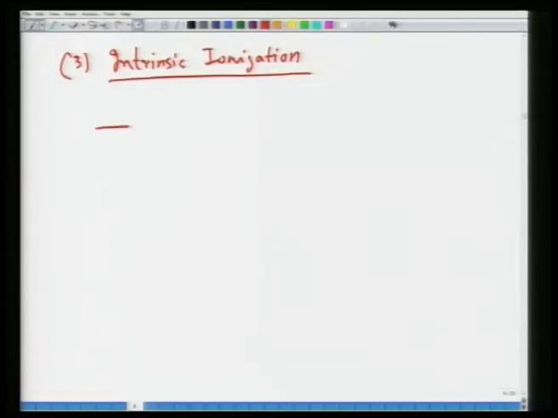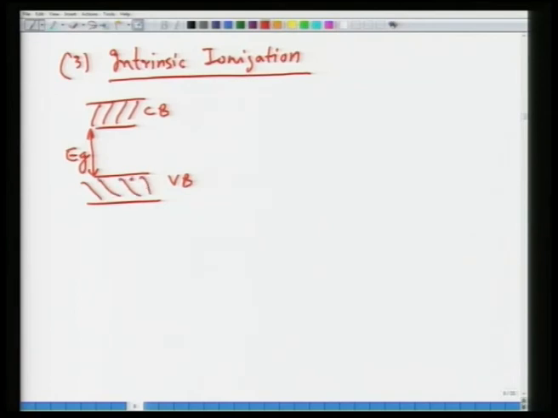Basically, this is your conduction band, this is your valence band, and this is your band gap, and electrons from the valence band jump into the conduction band, giving rise to the formation of a